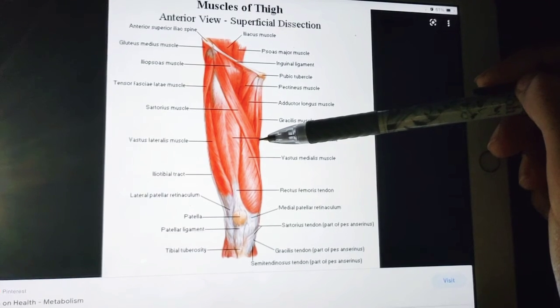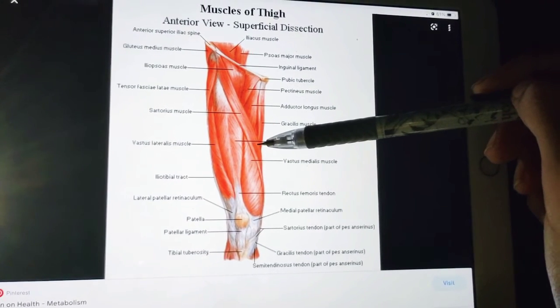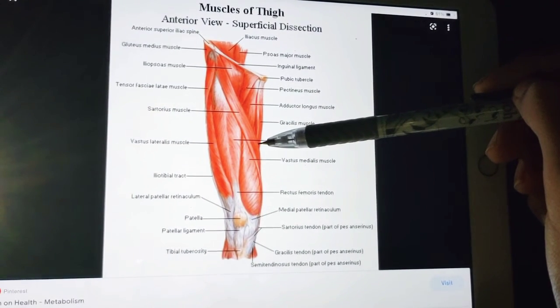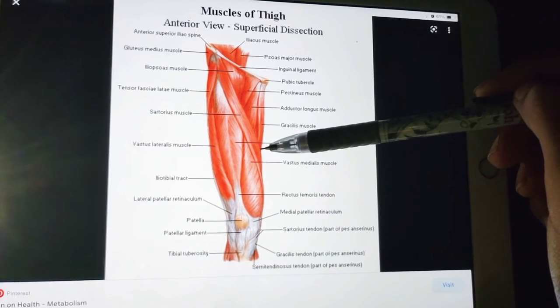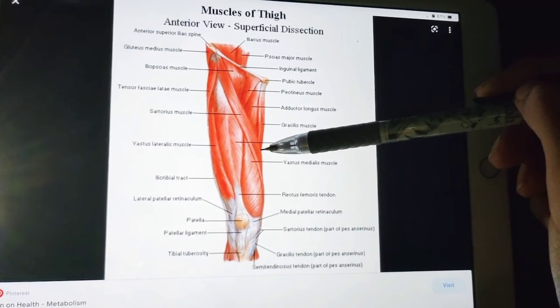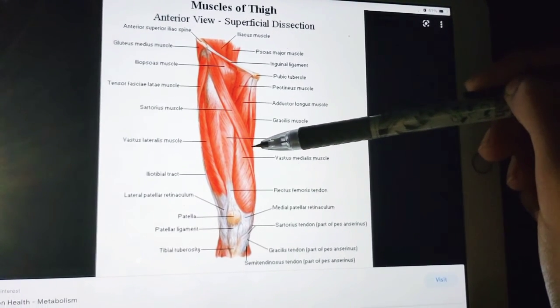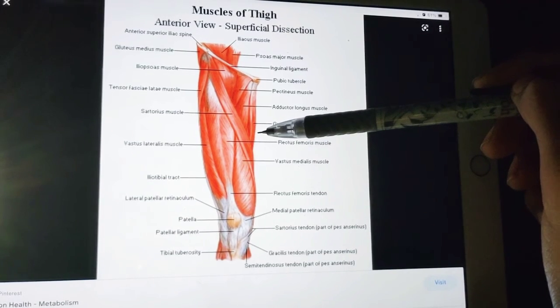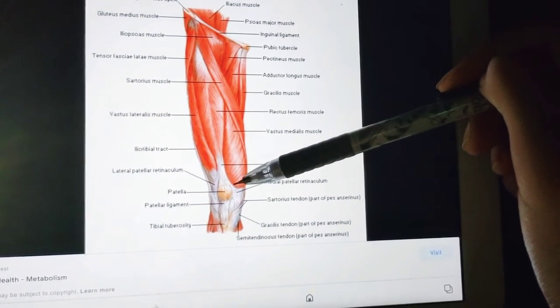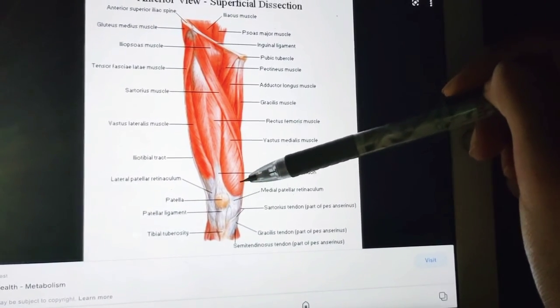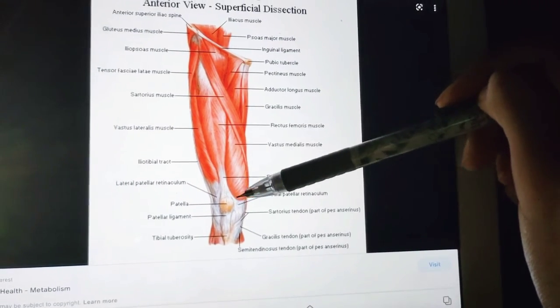The line runs from the lower part of the intertrochanteric line, and it also passes on the spiral line. If you remember, the spiral line is nothing but the medial lip of linea aspera, right? So that spiral line, it is coming from the medial lip of linea aspera, and also from the upper 1/4 of the medial supracondylar line. So from there we will come and insert into the medial 1/3 of the base of the upper 2/3 of the medial border